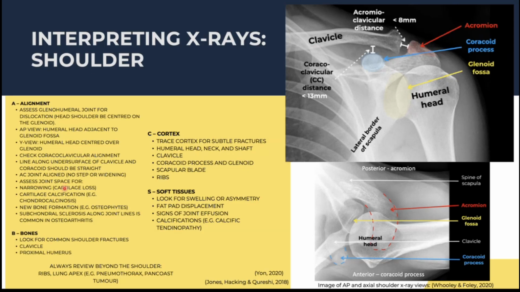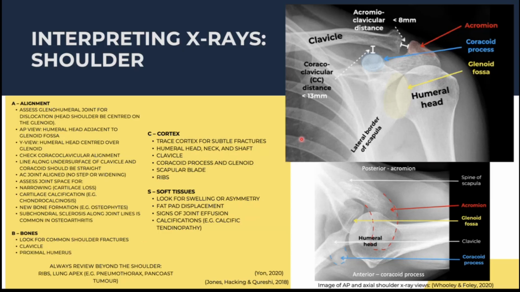You want to check the joint space as well to see if there's any narrowing or cartilage loss, which could indicate OA, so osteoarthritis. Look for any calcifications, any new bone formation such as osteophytes, or any subchondral sclerosis along the joint, again common in osteoarthritis. Looking at B, you're looking for common shoulder fractures of the bones, looking at the clavicle, the